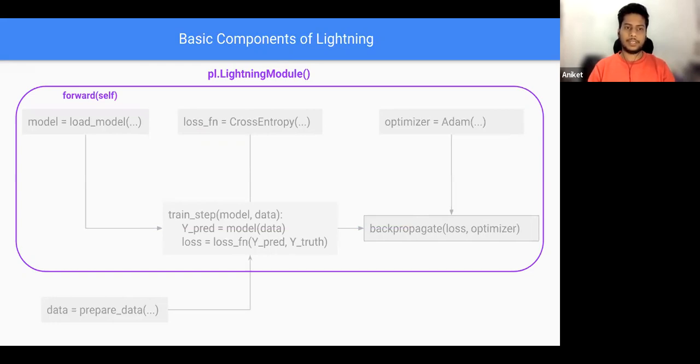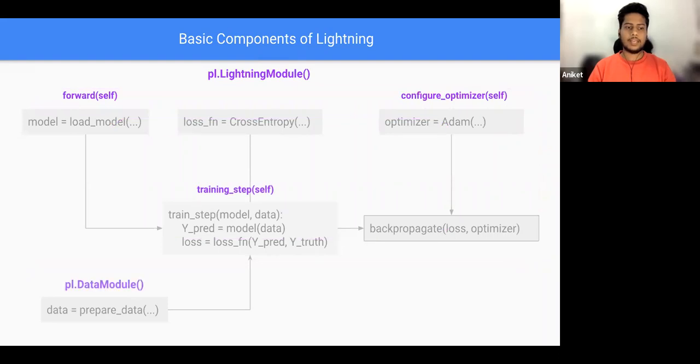Basically, it will take your data, run it through the model, and return the logits. The configure optimizers method defines your optimizer, and training step will define the training step for your model. You can also put in a validation step. Then you have pl.DataModule, which you can use to build the dataset.